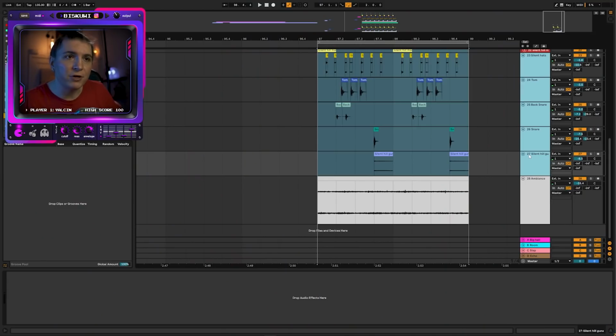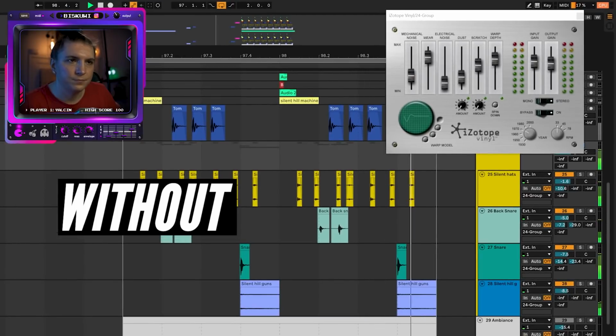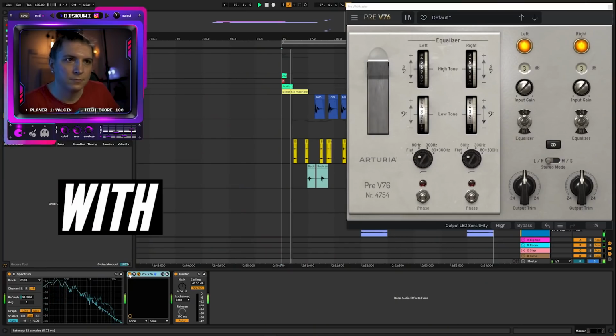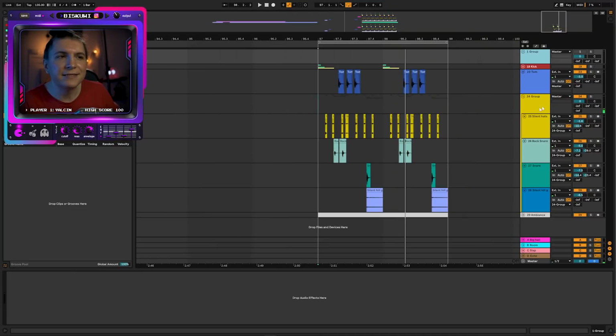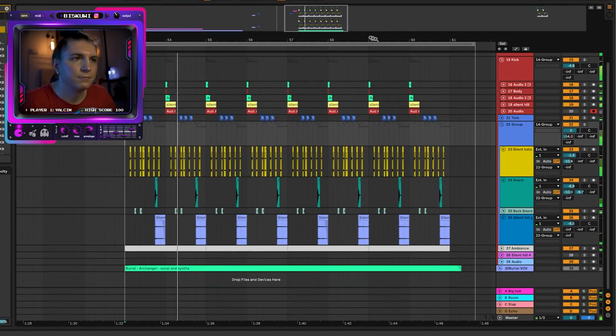We need this kind of lo-fi sound in our drums. I'm going to group the percussions and add a vinyl distortion from iZotope. Going to the master and adding a preamp. Now the final step is sending a bit to the reverb all together so that we can glue everything. And if we add the Burial bass on top of this,